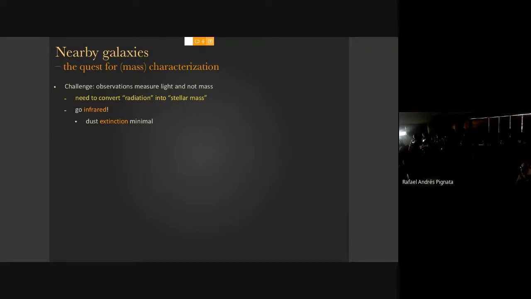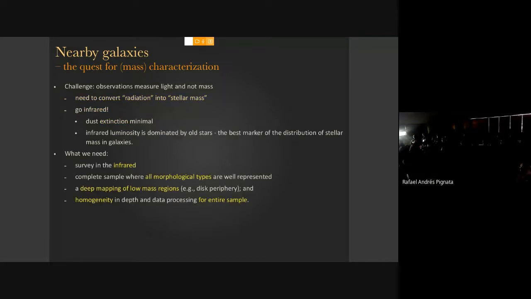In the optical, you have a higher impact of dust obscuration. But when I'm talking about the infrared, we're looking at not so infrared that you're already seeing the emission from the dust, but that mid-infrared region, which is the sweet spot in terms of the mass to light ratio. It actually varies very little, a very small amount of variation, independently of the stellar population that you're looking at. What you are really looking at is the light emitted by the old stars that make up the bulk of the stars, of the mass of your galaxy.